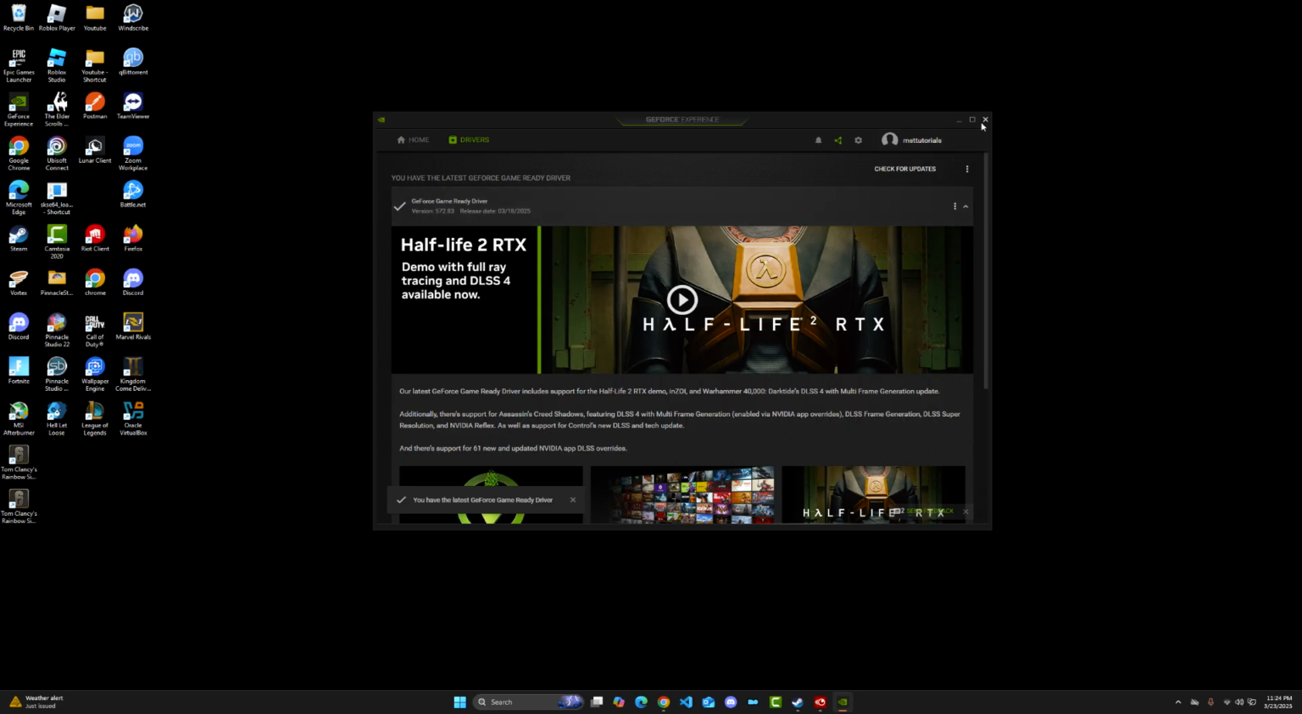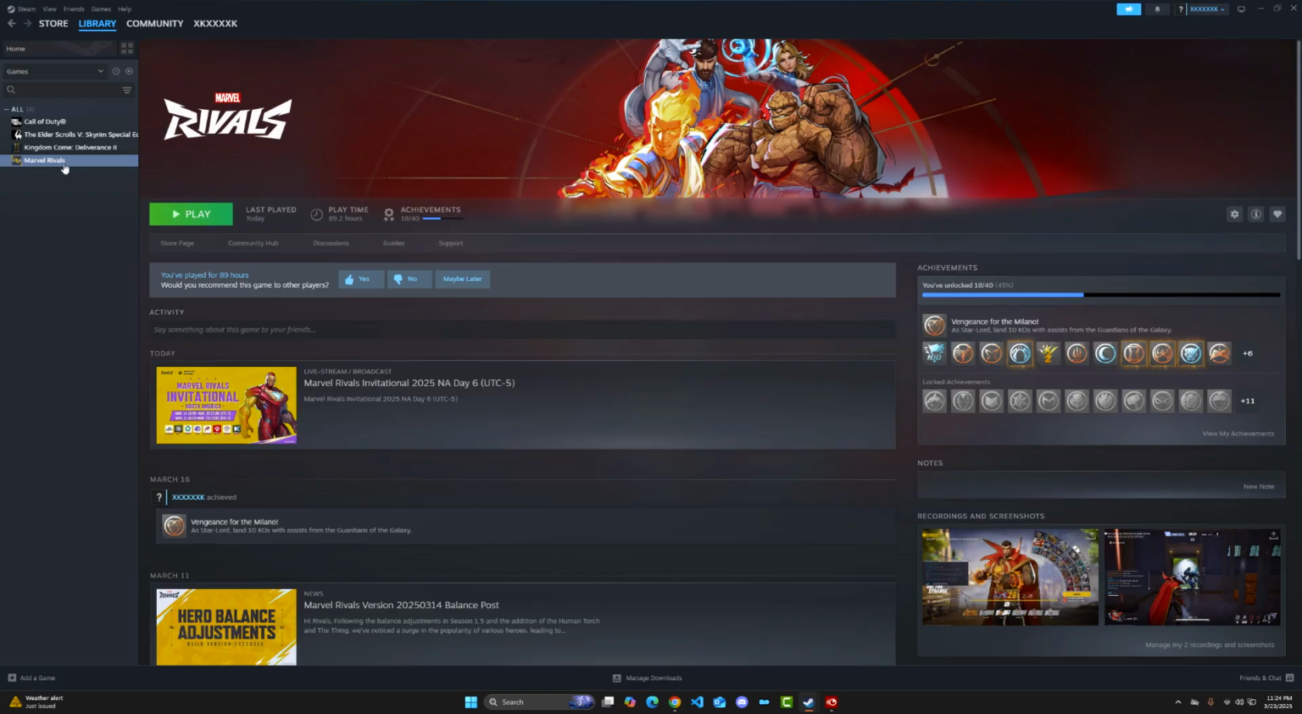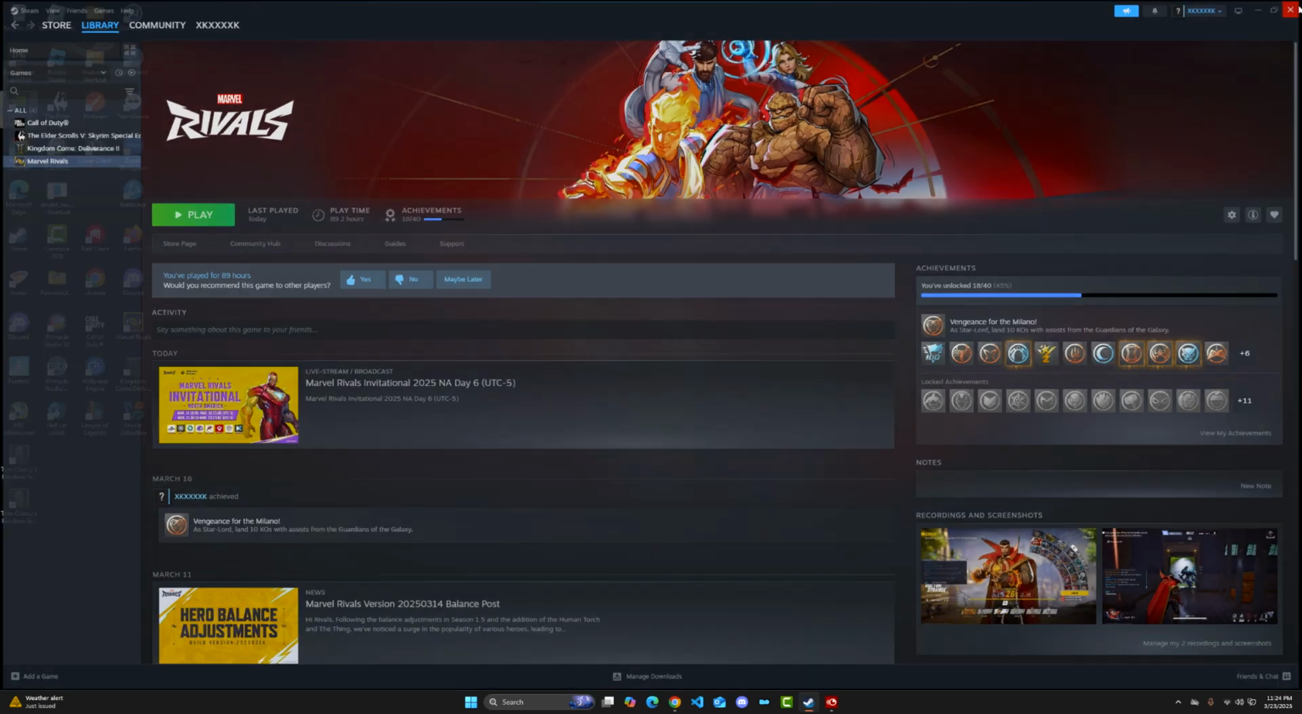Now the third method you guys can do is simply just restart your PC after updating the drivers, and you guys should be good to go. You can always go ahead and go over to Steam, right click on the game, hit properties and go over to installed files and hit verify integrity of game files, and that should also have fixed the issue. Now once you do all of these methods, you guys are good to go, and that is it for the